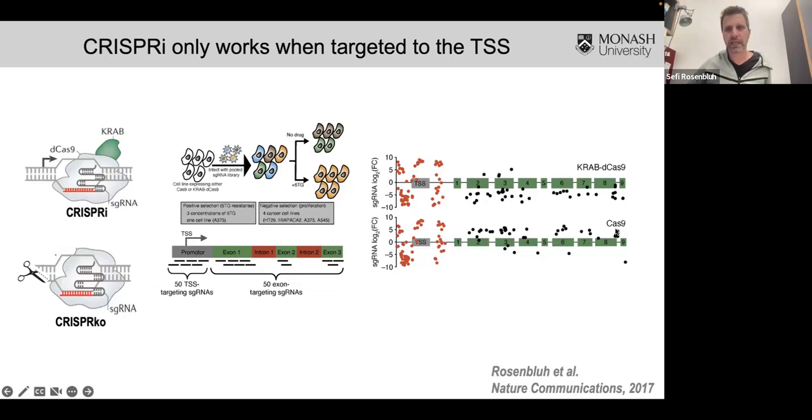What you expect to see on this screen, where each dot represents a different guide RNA, is that if the screen worked and you really got knockout of HPRT1, you will see more proliferation, or rescue of the phenotype. If you look at Cas9, whether you're targeting exons or the promoter of the gene, you can see a very nice rescue with almost every guide that we take. But when we look at the CRAB dCas9, when you target the exonic regions, nothing really happens, only when you target the transcriptional start site.